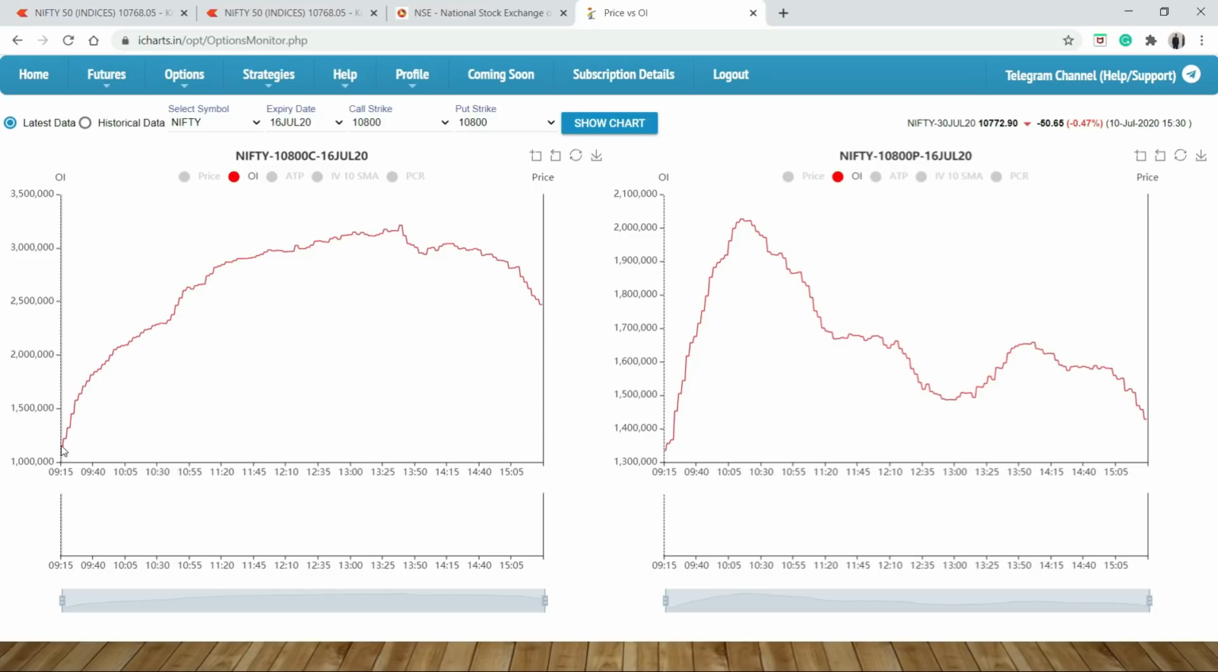So we keep a record after every 5 minutes, up to 10 a.m. I'm just keeping the record and checking at 10 o'clock, and the data is 20 lakhs 88,000, which means 10 lakhs OI was added in the 10,800 call. On the call side, 10 lakhs OI built up. Same thing on the put side, where already the 13 lakhs